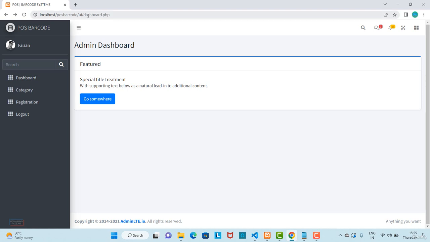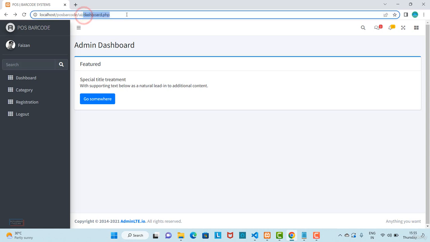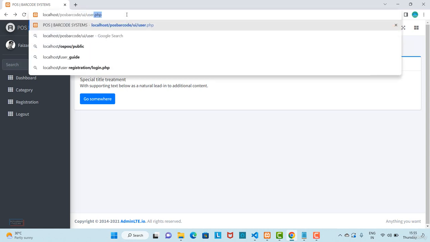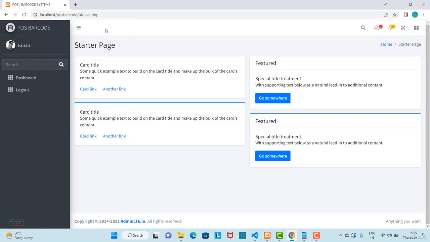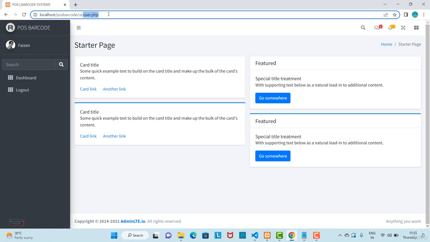You can see here I have already logged in using the admin account on the dashboard.php page. But if I try to access the user.php file, I can access it from here. I want that if admin tries to access the user.php file, they should not be able to access it without the login. So what we need to do to resolve this problem, first of all, let's open our